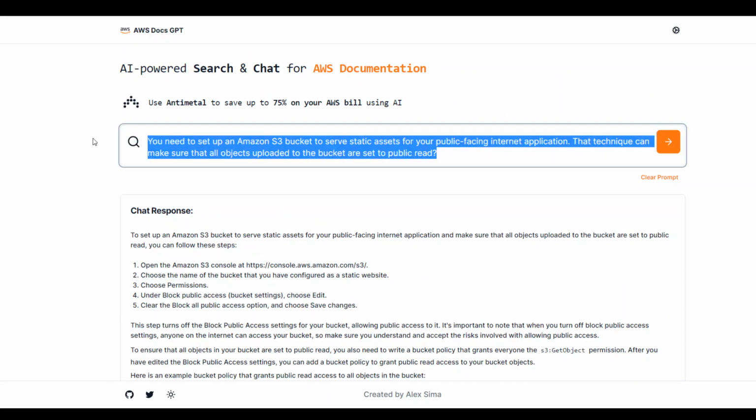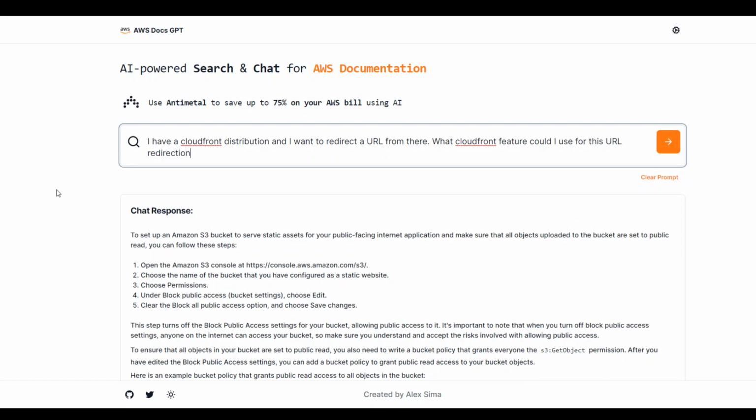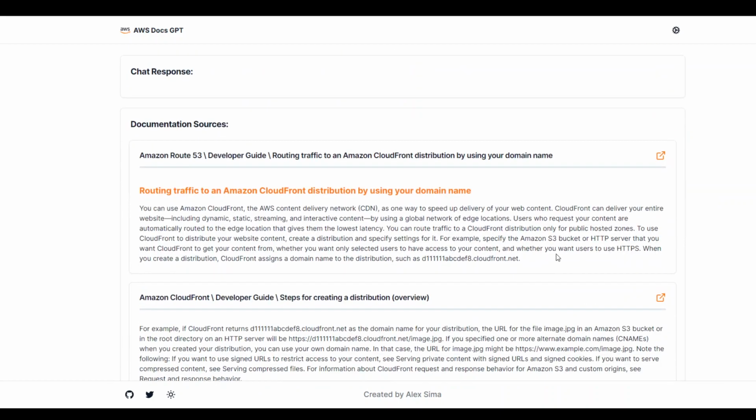Now let's ask it a final question. I have a CloudFront distribution and I want to redirect the URL from there. What CloudFront feature could I use for this URL redirection? And remember, the more your prompt is representative of your requirement, the better the answer will be. Okay. Now it is saying that